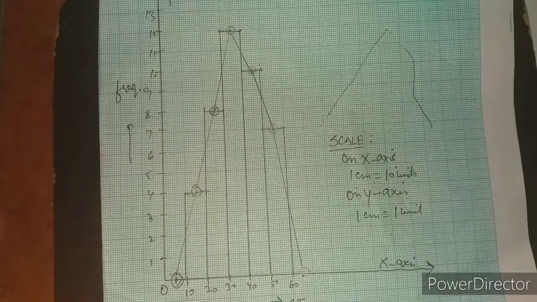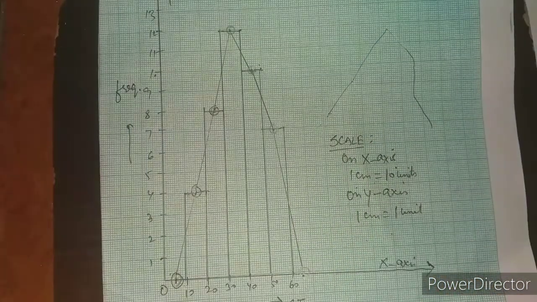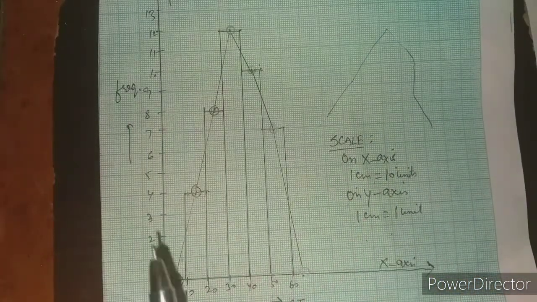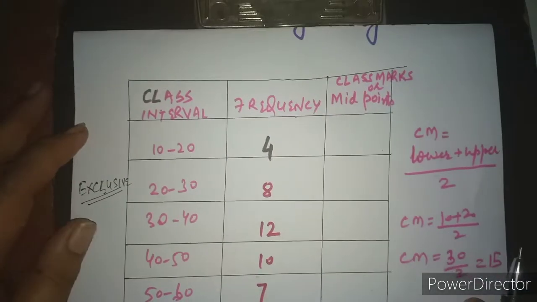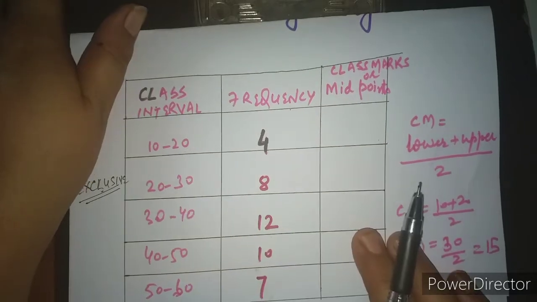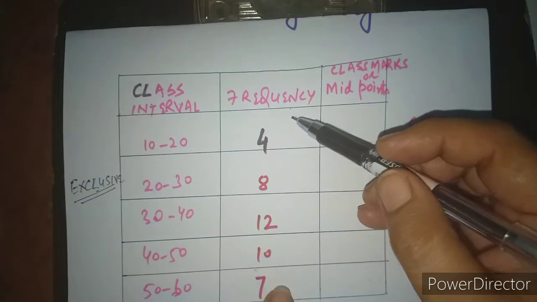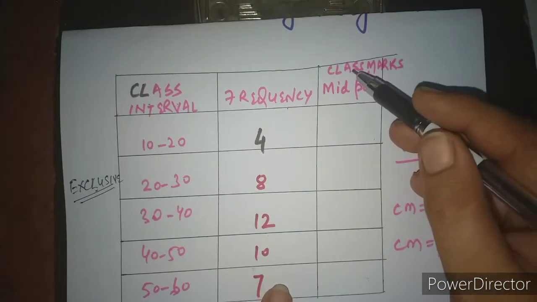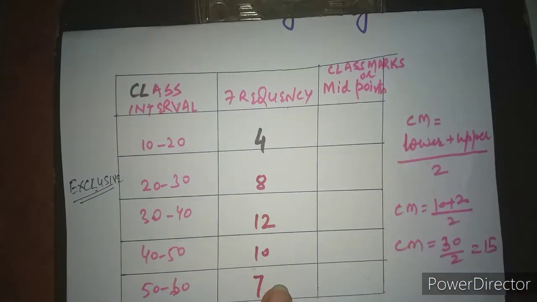Okay, now the next way is drawing the frequency polygon, but without drawing a histogram. Frequency polygon we have to draw, but in the background we will not draw the histogram. So that method now I am going to tell you. In order to draw the frequency polygon without histogram, we are going to complete this table first, right? Class intervals and frequency will be given to us in this way only. The extra column we will add will be that of the class marks or the midpoints.